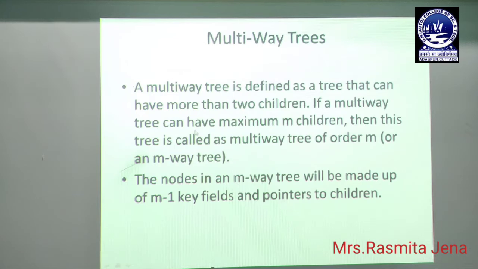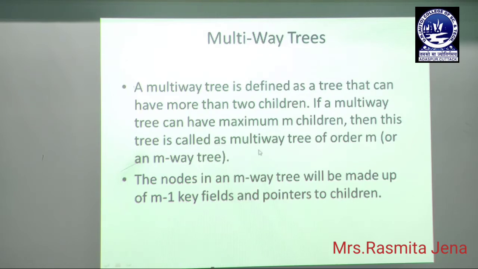If an M-way tree can have a maximum of m children, that means the number of children in a particular node is m, then we call that tree a multi-way tree of order m, or simply an m-way tree. A node in an M-way tree will be made up of m minus 1 key fields and pointers to the children.